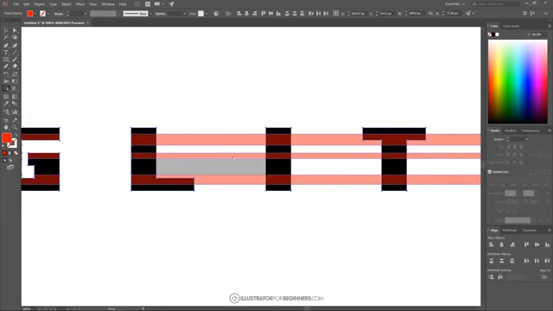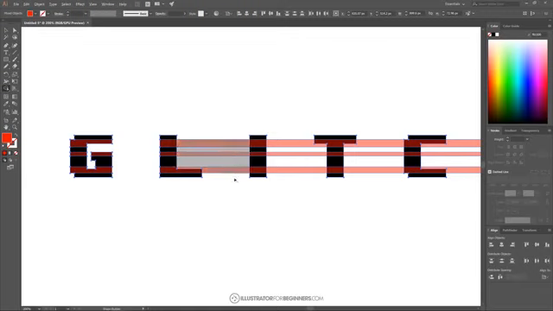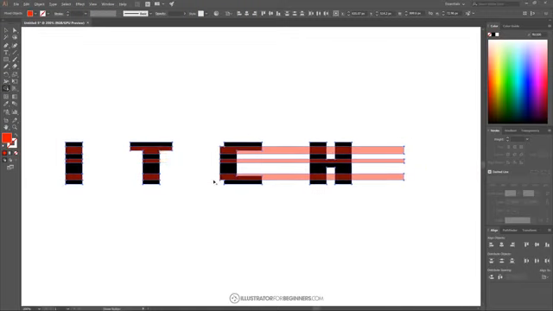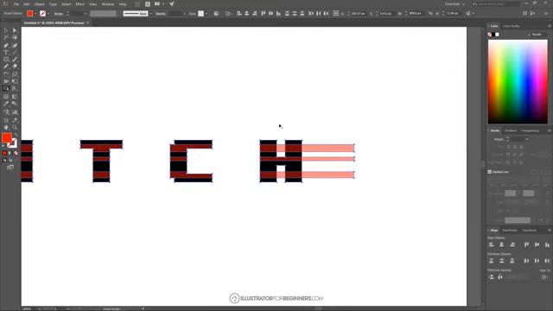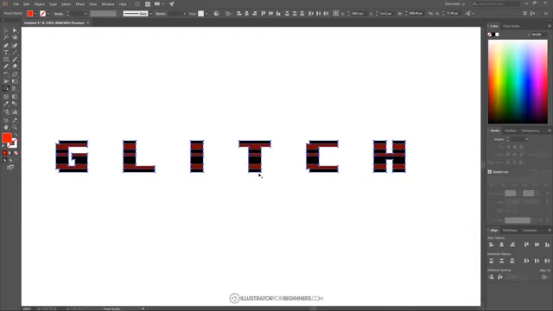Let me zoom back out. Again, to zoom, I'm just holding Alt and rolling up and down the mouse wheel. To move the page around, I'm just pressing down the space bar and clicking and dragging. And I'm just holding Alt and clicking and dragging through these pieces to get rid of them. And there we have what's left